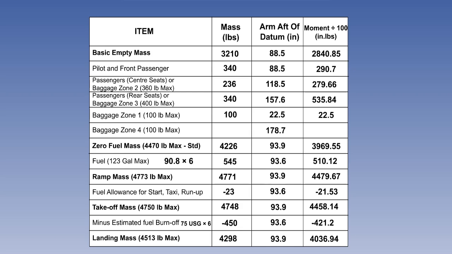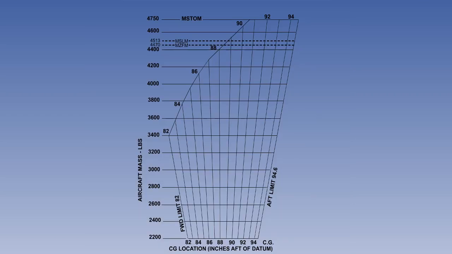The relevant data will be entered into the centre of gravity envelope to establish the takeoff and landing centre of gravity. We can now enter the values from the loading manifest into the centre of gravity envelope in CAP 696 for the multi-engine piston, and check that the mass and centre of gravity for takeoff and landing are within the limits of the envelope. Enter the takeoff mass of